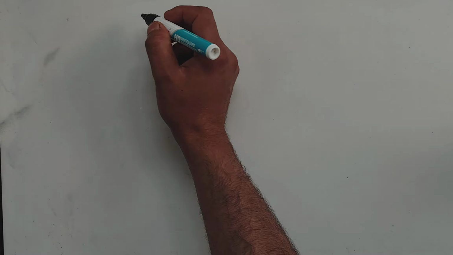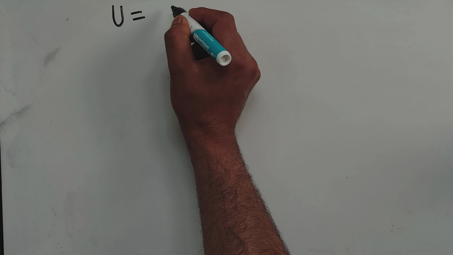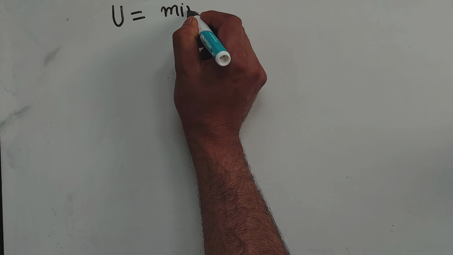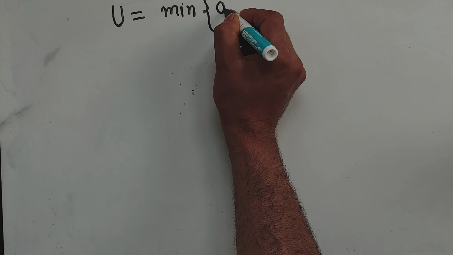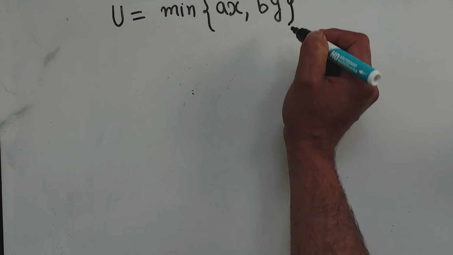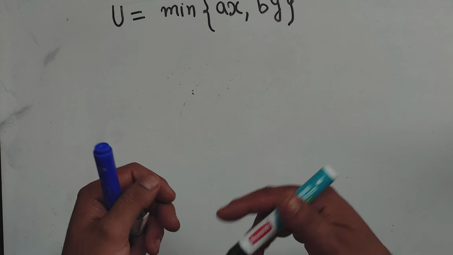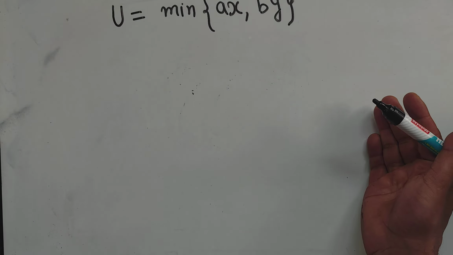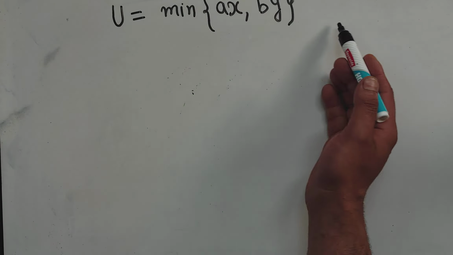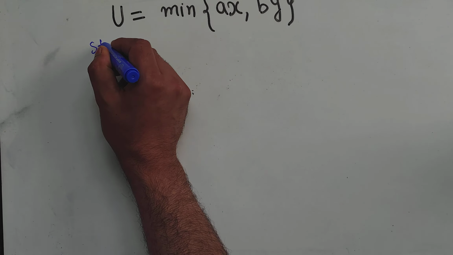How to derive the demand function from a perfect complement utility function. Suppose we have a perfect complement utility function: utility is equal to the minimum of ax comma by. This is our fixed proportion utility function, where a consumer consumes the goods in a fixed proportion. Given this utility function, let us suppose the consumer is facing the budget constraint,